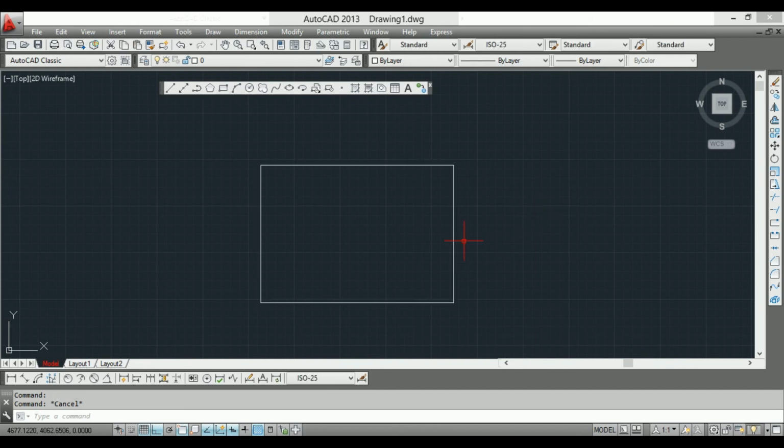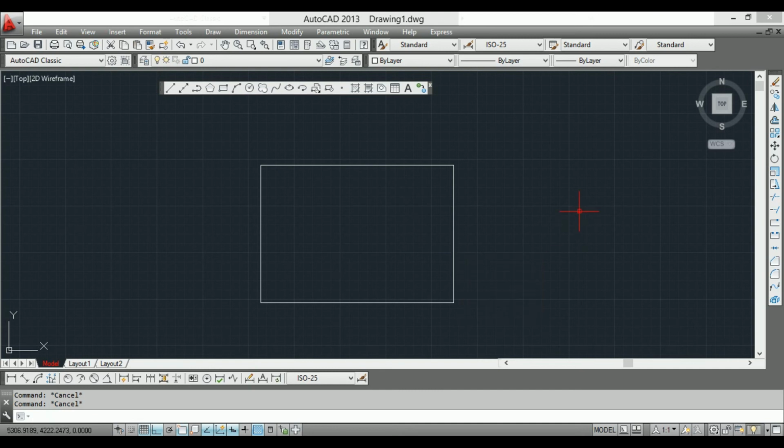This region command is the most important command to find out the centroid, mass, area, and x y axis from the z axis. If you want the area of this cross section, there is one more advanced command that I will teach you later, but I will tell you now: it is mass properties.